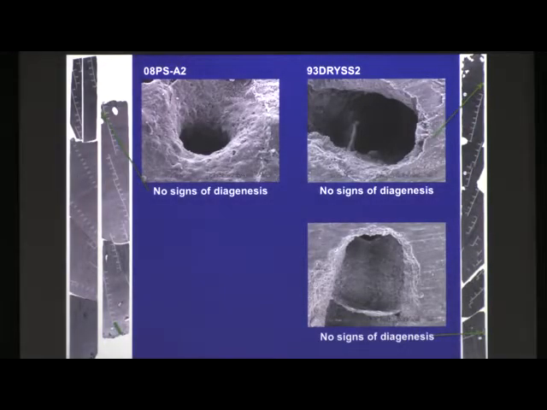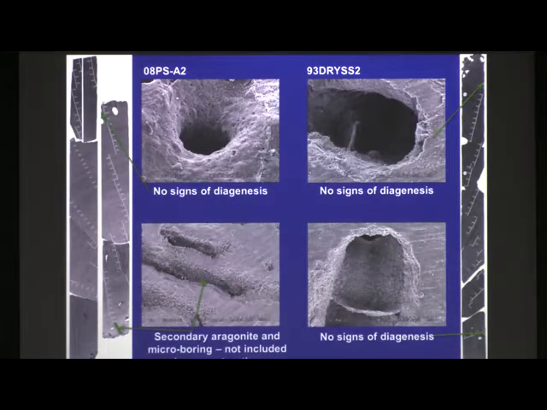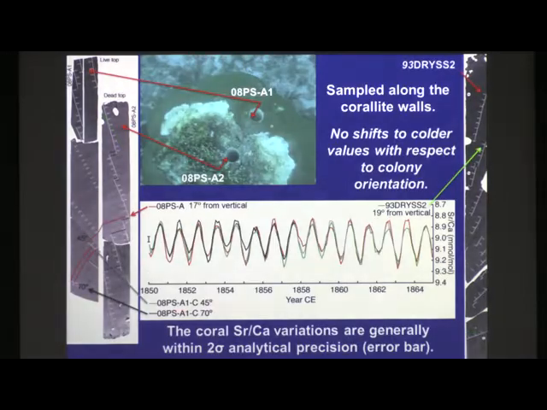The next thing we want to look at in corals, especially because I have cores with dead tops, is to make sure that the mineralogy is pristine, that we don't have any diagenesis. Jen and I actually did these with Tony Greco here at USF. We have samples from the top of the dead core from the large colony, and also samples from the top, middle, and bottom of the subfossil coral collected in 93. In all three of these corals, we don't see any indications of diagenesis,